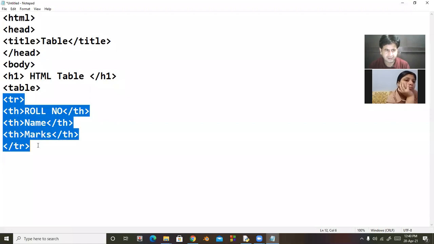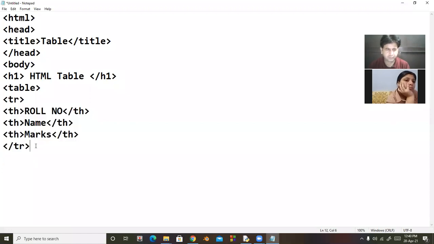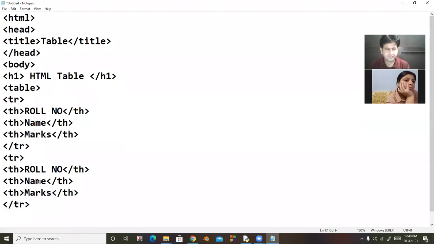and again I'm going to create another row. Here I take TD. Here is row number 1. TD close. Name of the student is, and then TD close.